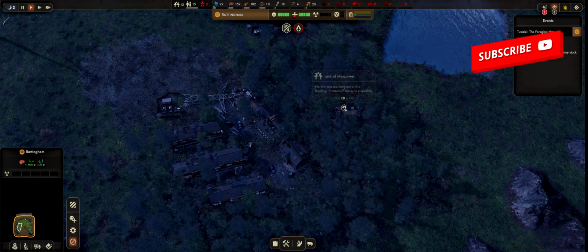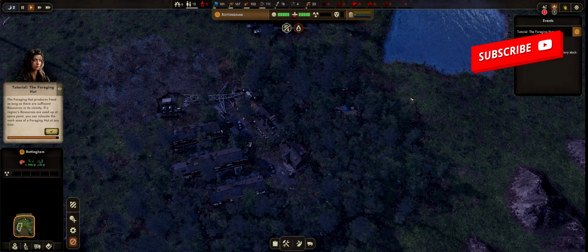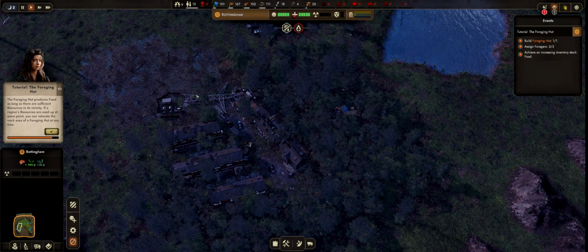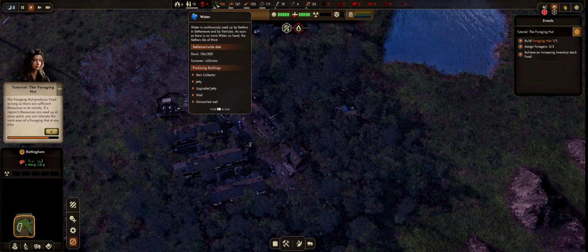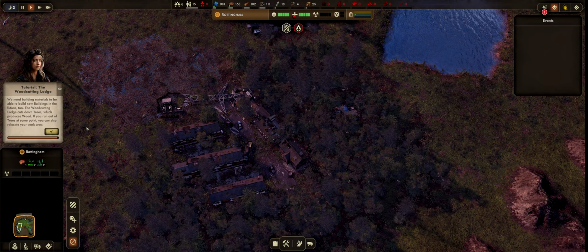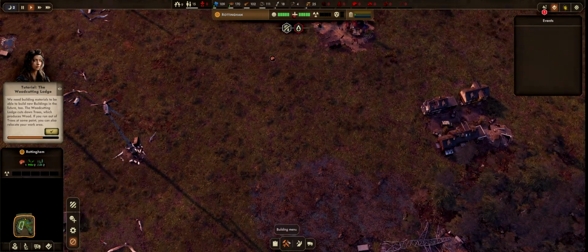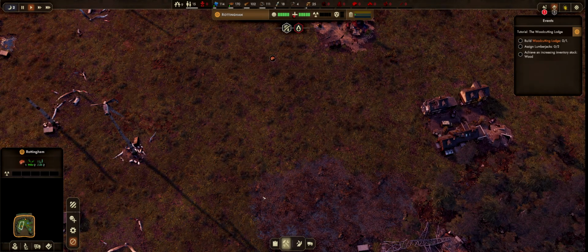Assign foragers. The foraging hut produces food as long as there are sufficient resources in its vicinity. If a region's resources are used up at some point, you can relocate the work area of a foraging hut at any time. We need building materials to be able to build new buildings in the future too. The woodcutting lodge cuts down trees, which produces wood. If you run out of trees at some point...